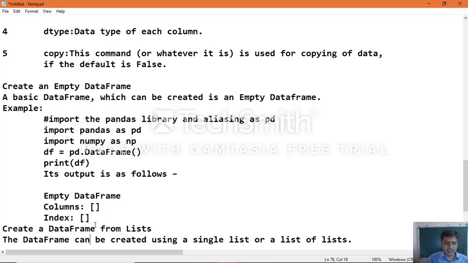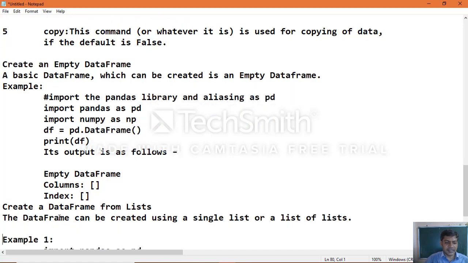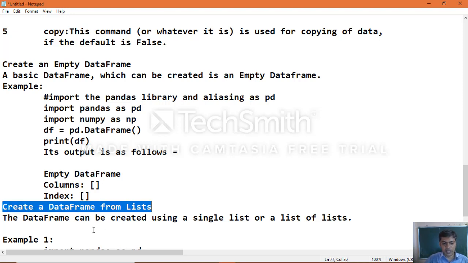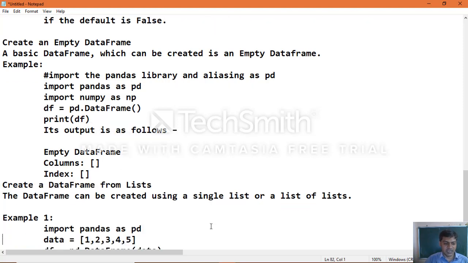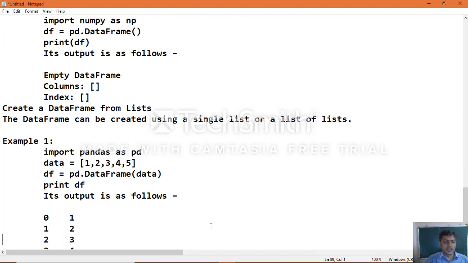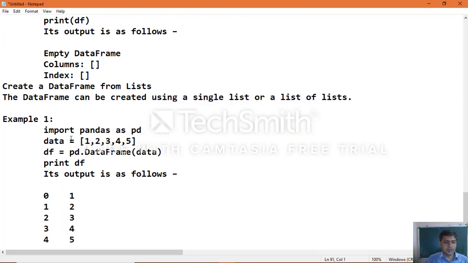Another simple example: create a data frame from a list. A data frame can be created using a single list or a list of lists, nested list values. Import the pandas module again, and take data equal to 1, 2, 3, 4, 5, a list.